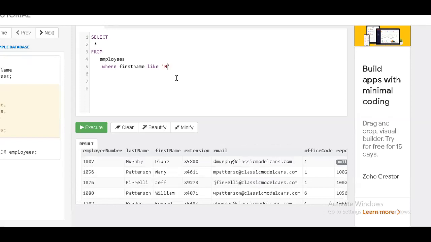You have to remember why I'm using this percent. That means the first letter should be M, and the rest of the letters can be anything. This is the symbol of the percent.